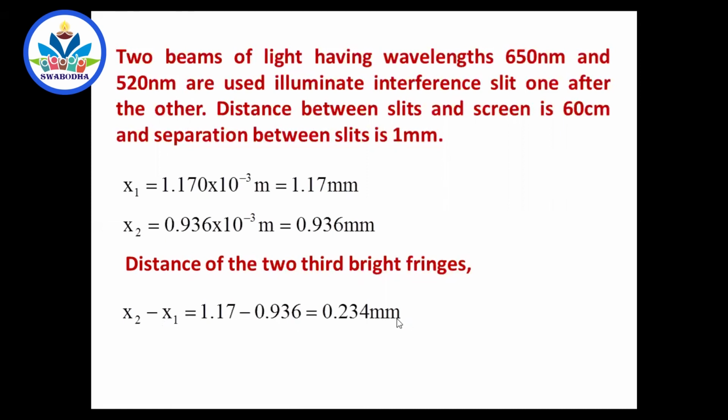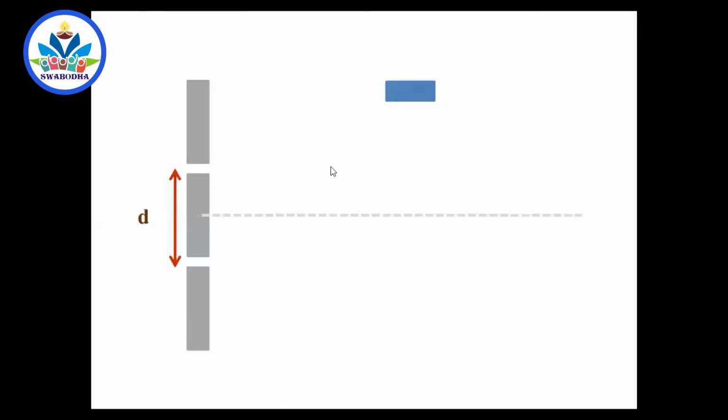In the same way, you may be asked to find the distance of the 7th dark fringe, which is 6.5 beta, 7 minus half beta, right? And what is the distance of the third bright fringe? What is the distance between them? Find out so many betas and find the difference. That's all. Now we will move on to the next part of the question.